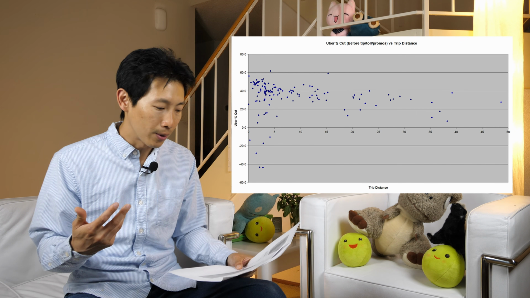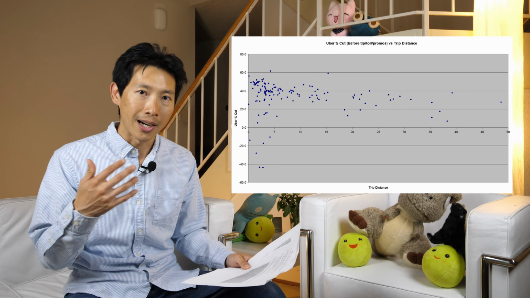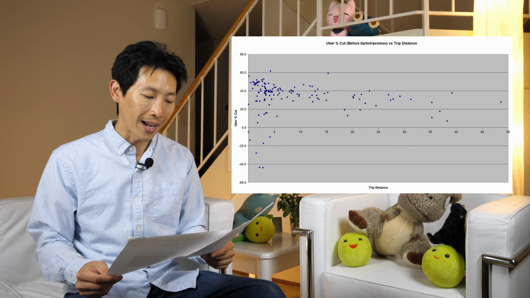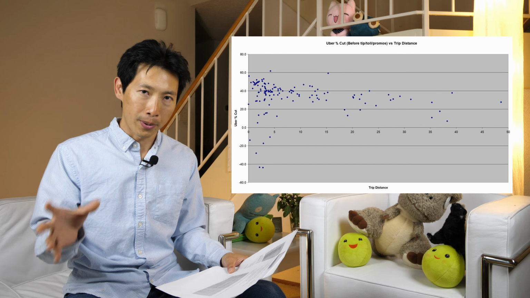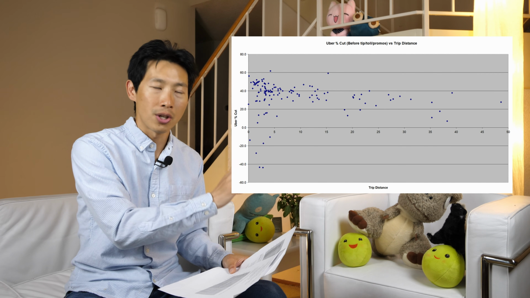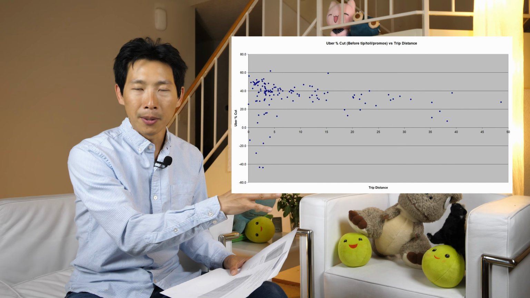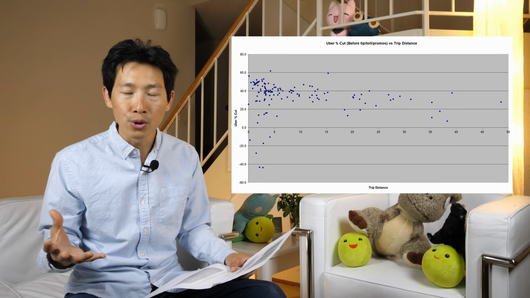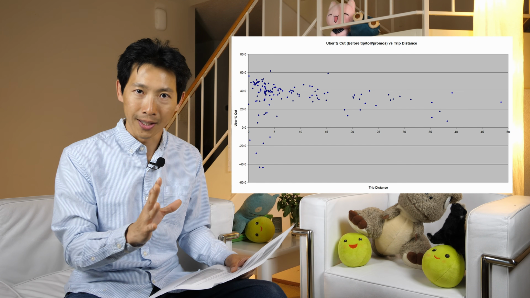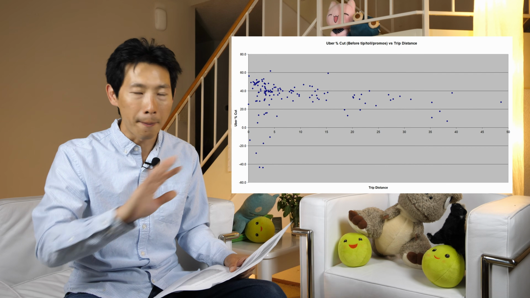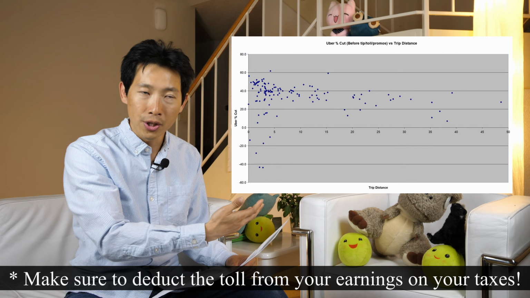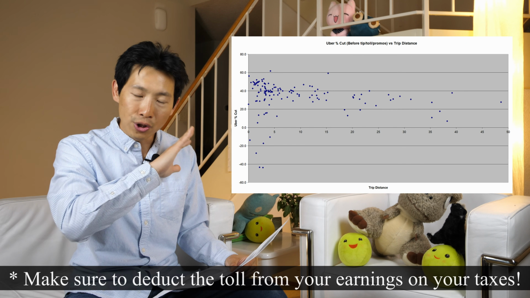Now, it's important to note that for all this data, whenever I take the Uber's cut percentages, I always remove the tip and toll, because to me, Uber's percentage should not depend on how much people tip. The amount that people tip should just be 100% goes into your pocket, right? And the toll usually gets added to your earnings, and I feel like this should not be included at all, because the toll, you pay $5 across a bridge, they're gonna pay you $5, so it should not be added in there.